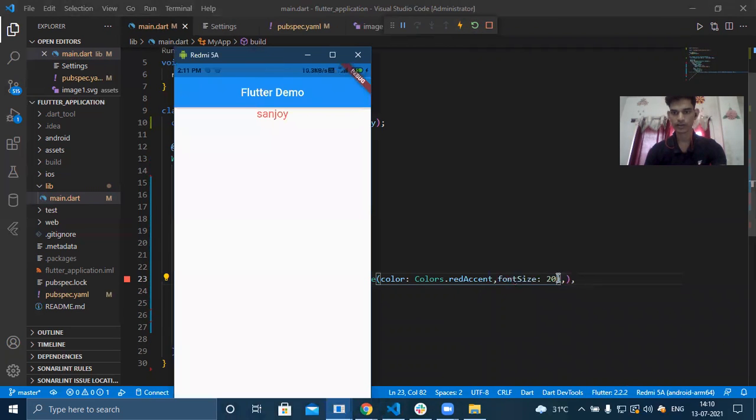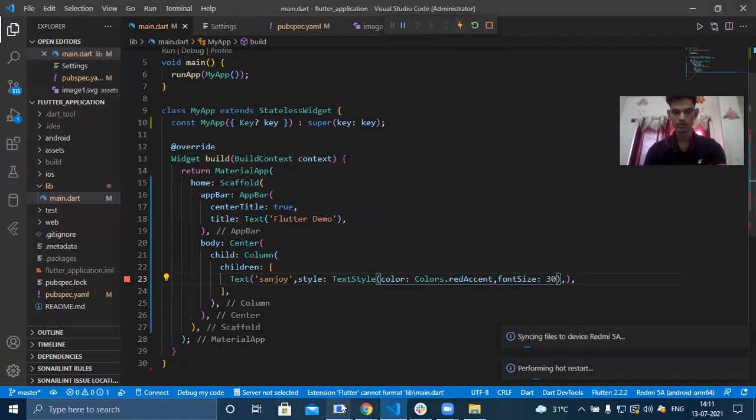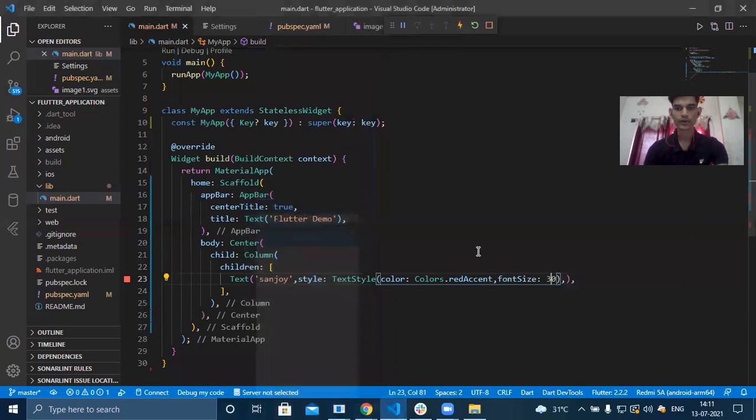It will look a little bigger. I don't know if you can differentiate or not. I'm going to show you. It will be changed. Yeah, you can see it looks a little bigger. So you can change the font size from this.